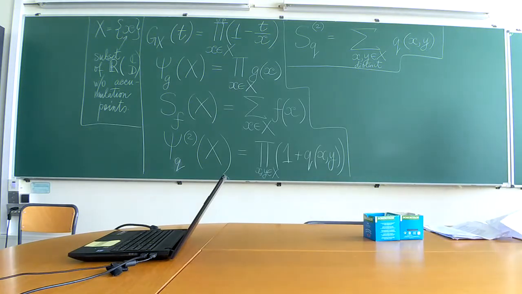Let us now imagine that we act on the circle by some diffeomorphism. What will happen? The measure will become